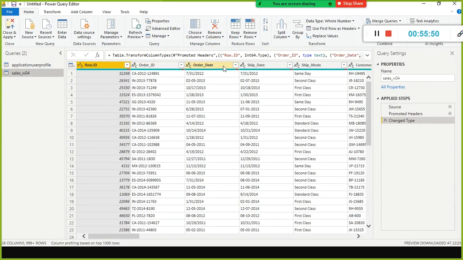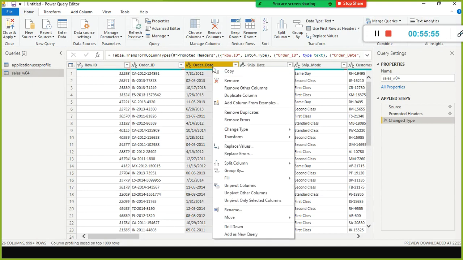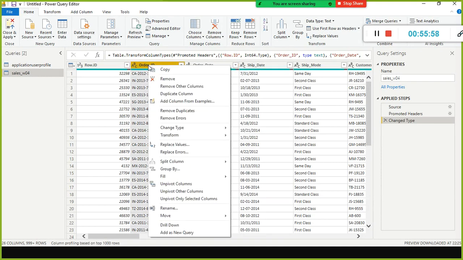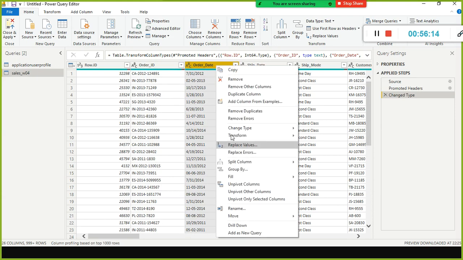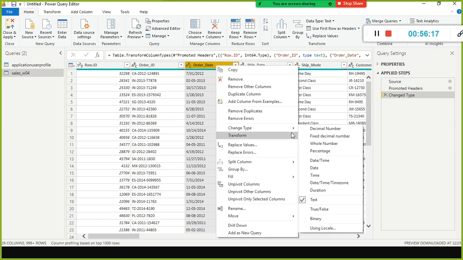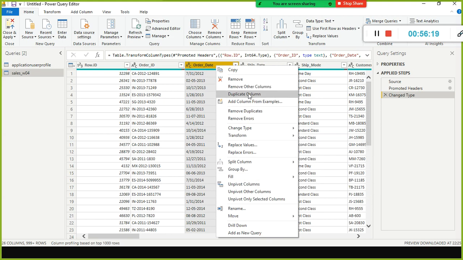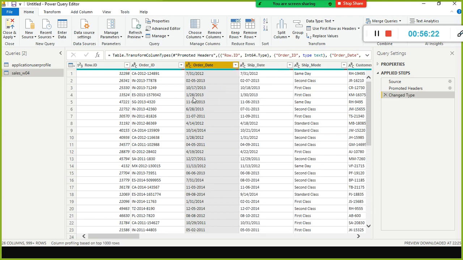Fine, it is there. Okay, so now what we will do is, if I right click on this, let's say if you select each column and right click, you have something called transform. If any text value is there, you can convert it to uppercase, lowercase, and trim everything. But here it's not a text. Order date is a text data, but there is no point in making upper or lowercase in this case. The issue is we need to make everything in a common, consistent format.